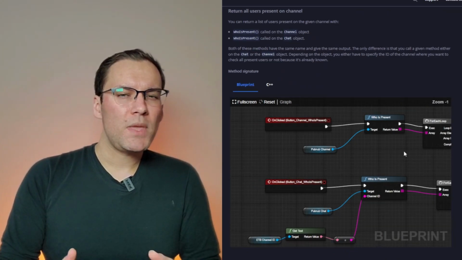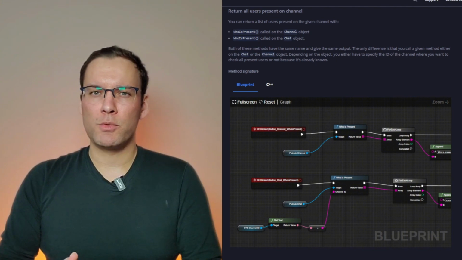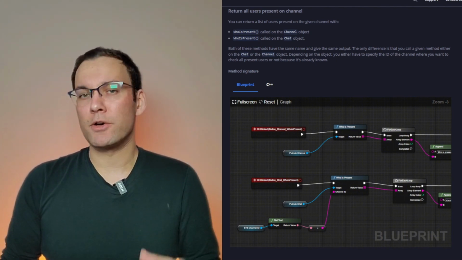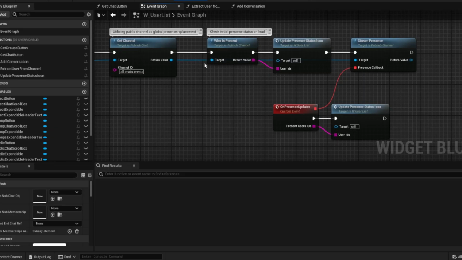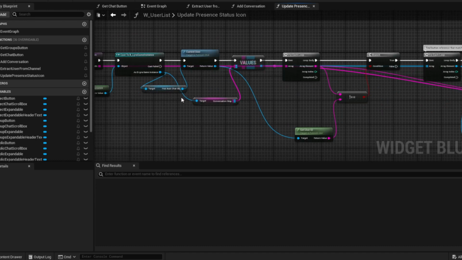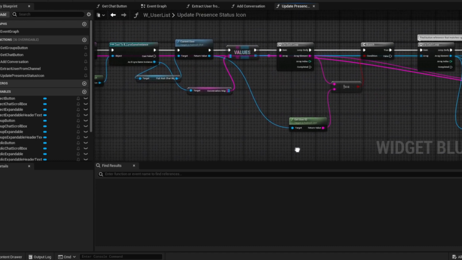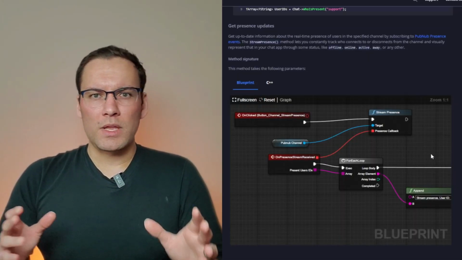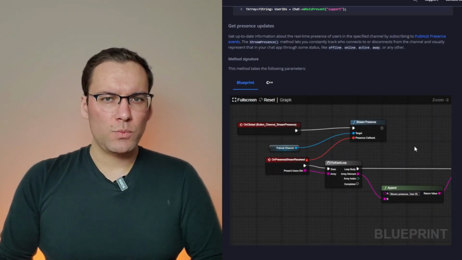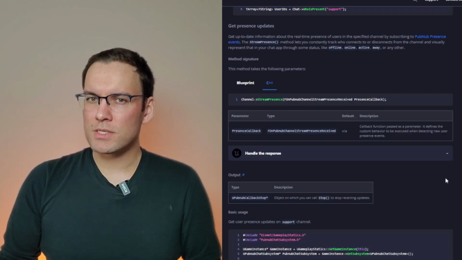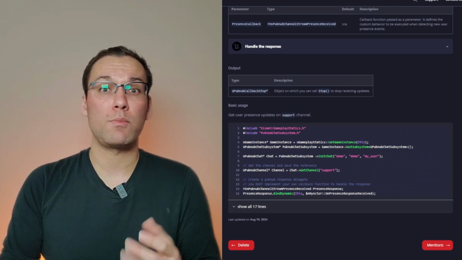When you first load the game, you can call the WhoIsPresent method to return all users on a given channel. This method returns a list of user IDs that are currently online. Then you can go through each of the conversations that you loaded up earlier and update the online status of players associated with each conversation, since you called get memberships earlier. Once you're done with the initial load, you can then stream presence events with the channel entity you wish to track presence events on by calling the method stream presence and attaching a callback to listen for any presence events